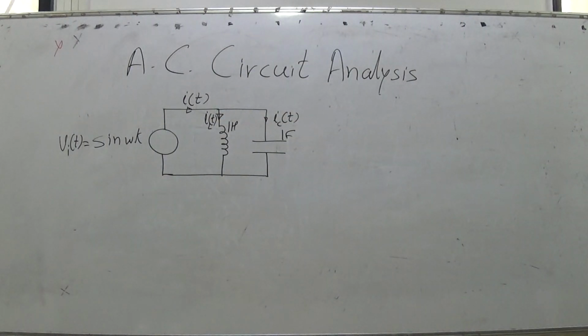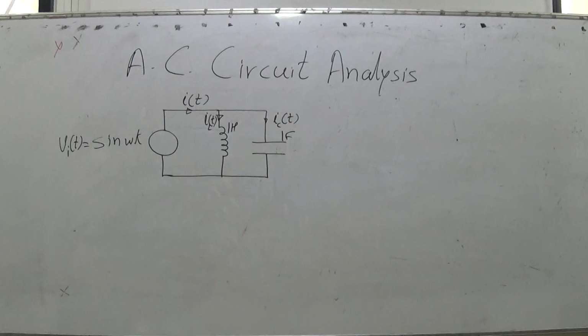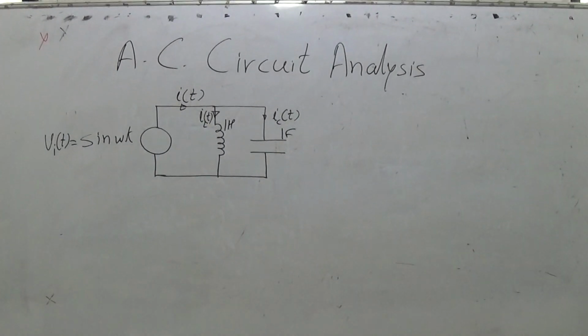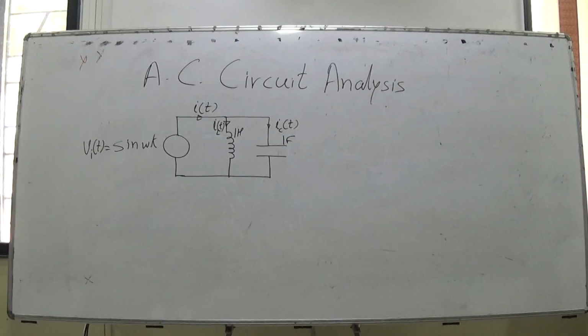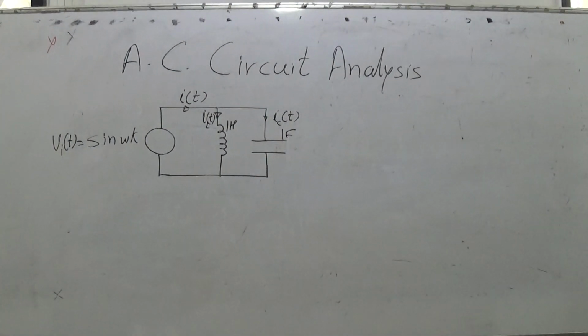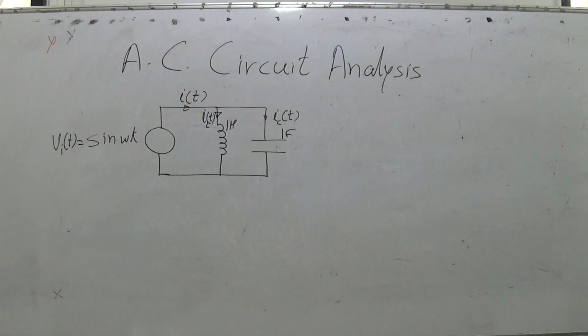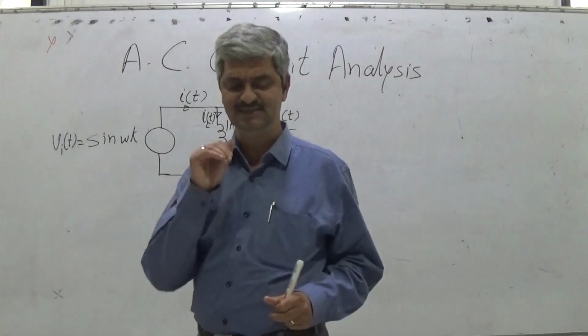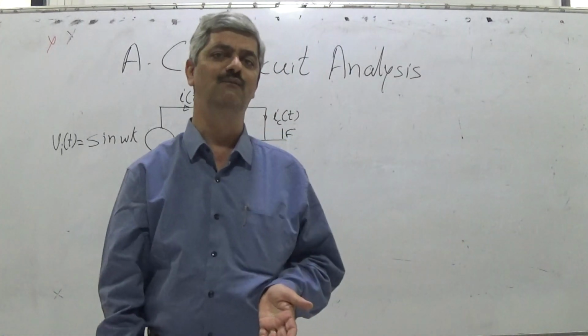So I want that you should think on it. Everything will be function of omega, and when everything is function of omega, obviously in the final expression of currents, omega will come, and very interesting phenomenon takes place for various omegas that I would like to focus at a later stage. So obviously, how will you find? Now there is a very interesting way with which you can find the current.